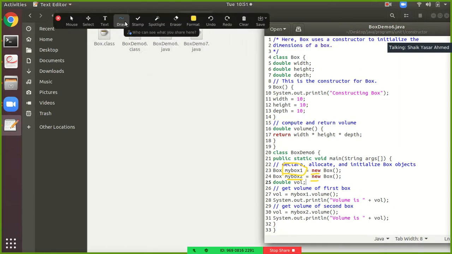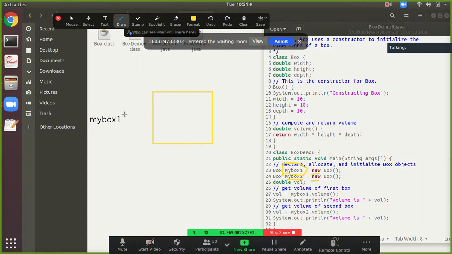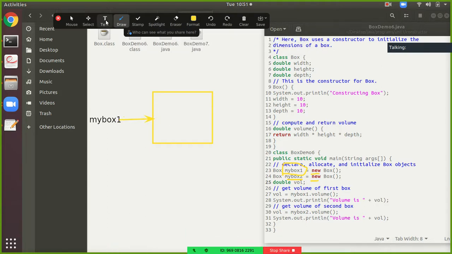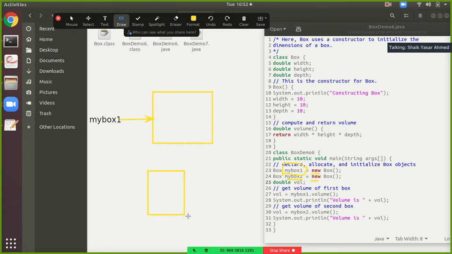I will draw the diagram. Okay, and that is allocated for mybox1. Similarly, at line number 24 you can see there is mybox2.